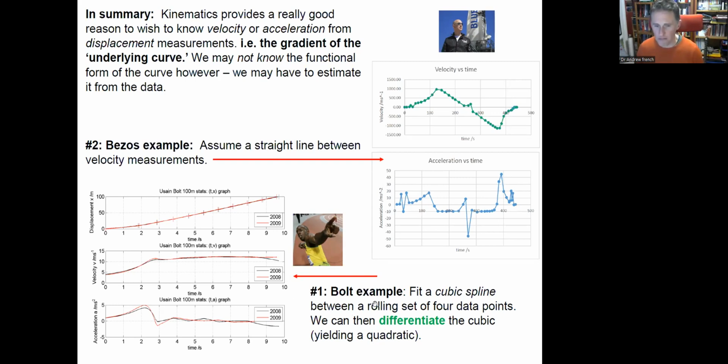This is a form of numerical calculus. If you're starting out, and you're one of those who are not in the sixth form and have done no calculus yet, and you think that sounds interesting but I haven't studied this yet, then literally doing the difference in velocity over the difference in time will give you your acceleration numerically. And that's perfectly good as long as your time difference is quite small. Okay, so before we go to the next one, are there any questions about these kinematic ideas?